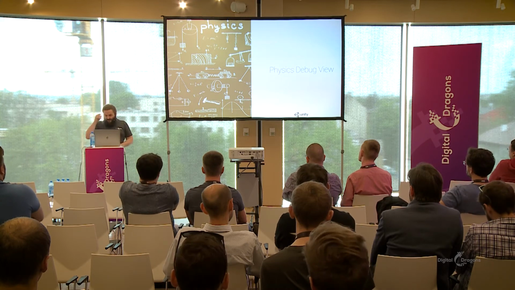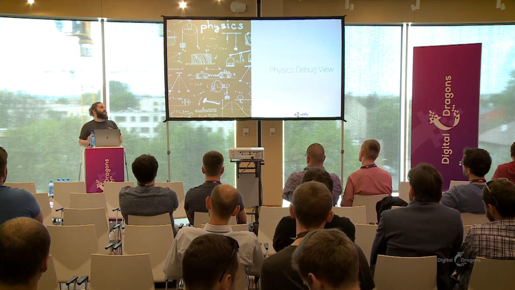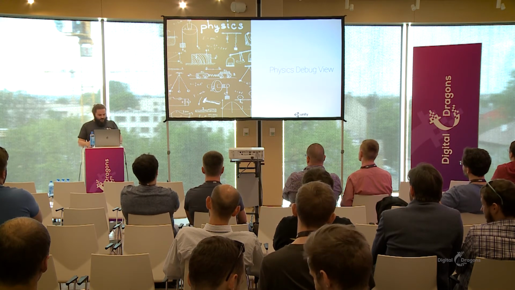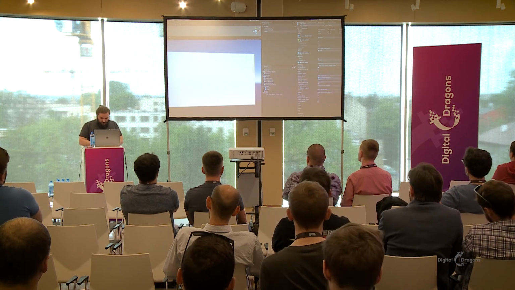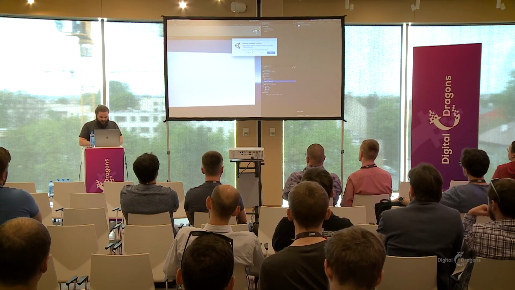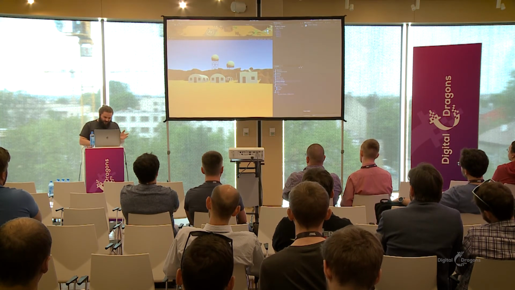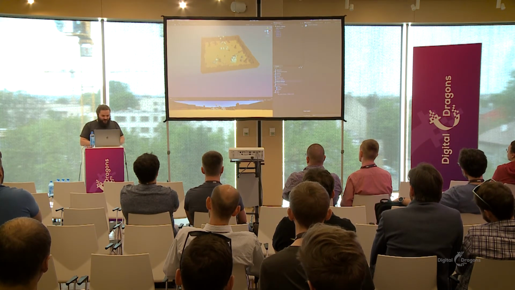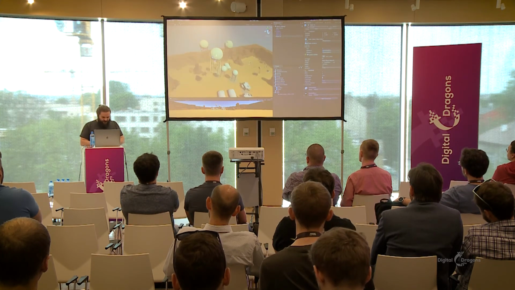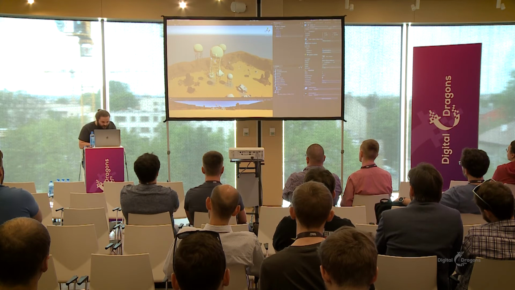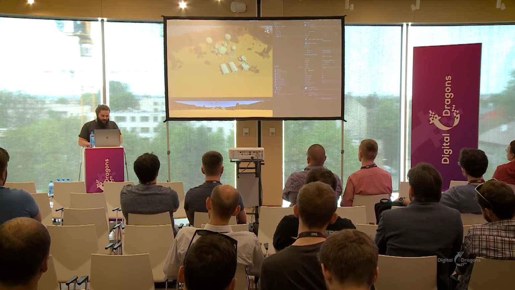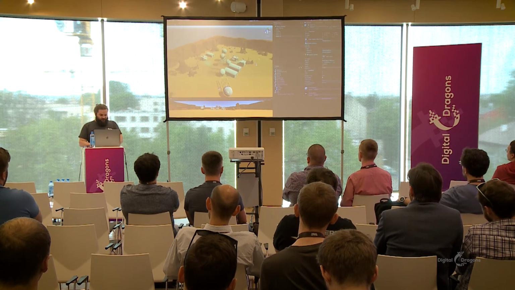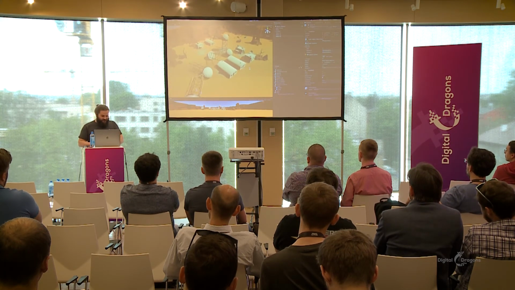And speaking of physics, there's also been some improvements in the regular physics as well, in terms of this new physics debug view, which is quite handy if you're working on a very physics-heavy project. So you might open up this scene. Hey, it's this one again. So what I've done is I've added some of these radio towers here, and they've just got some simple capsule colliders and rigid bodies attached to them. So if I hit play, they all collapse to the ground and roll around a bit with physics,